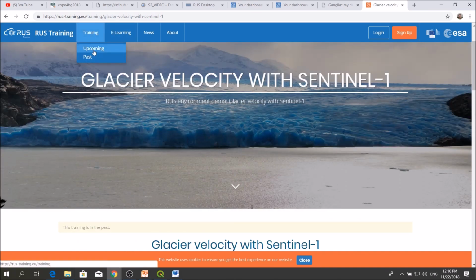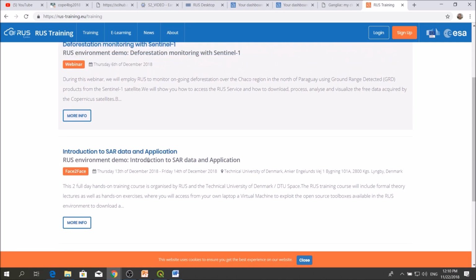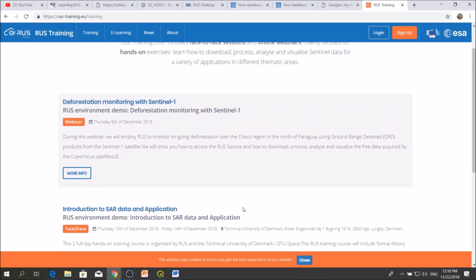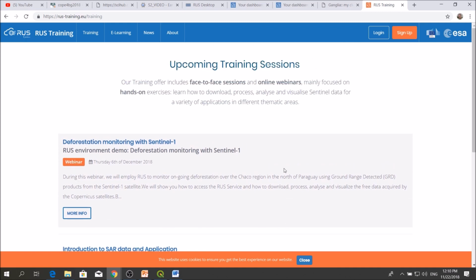So these are the upcoming events. At the moment we only have two: the webinar, and the face-to-face in Denmark, which looks at an introduction to SAR data and applications. And then we also have